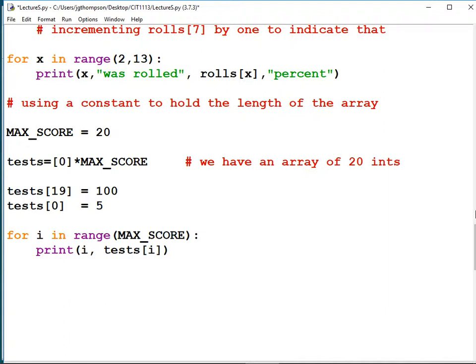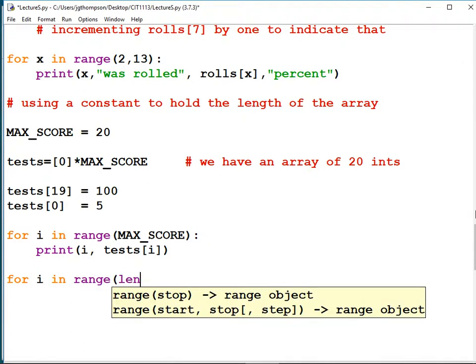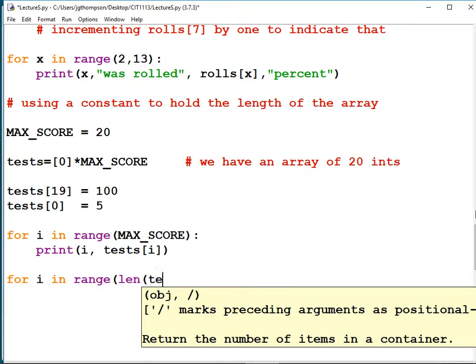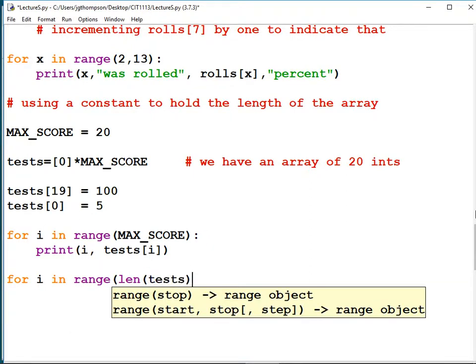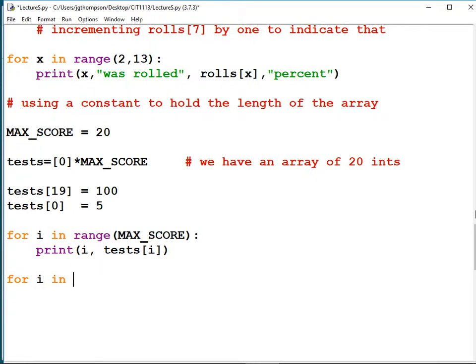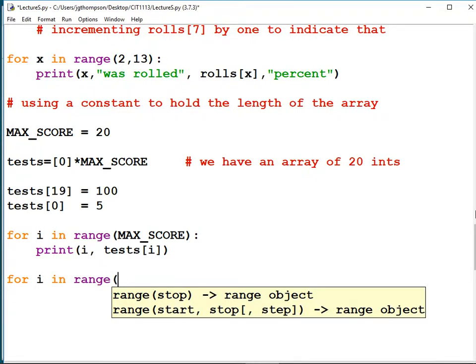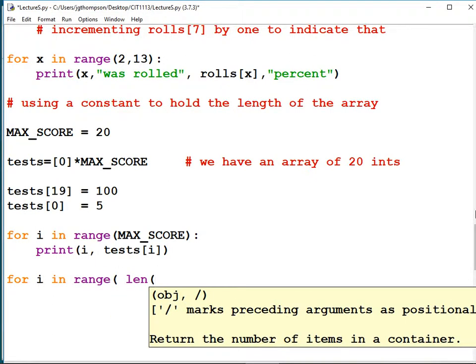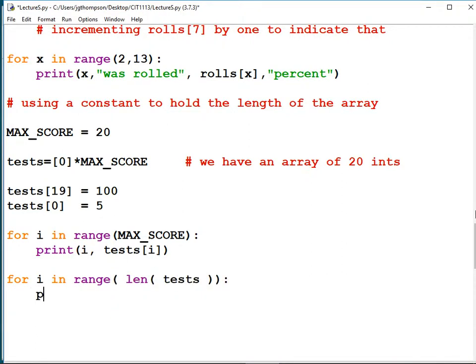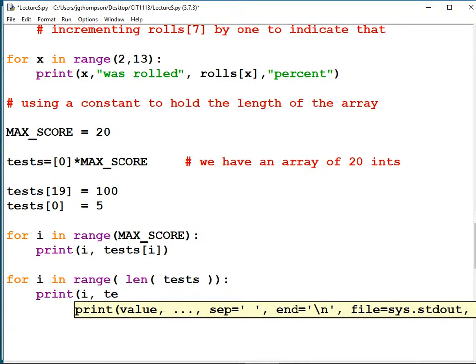instead of doing for i in range(MAX_SCORE), we could have done it up to the length. for i in range(len(tests)): print(i, tests[i]) again.